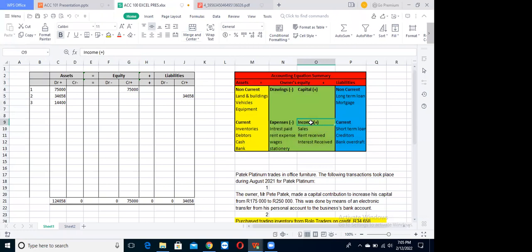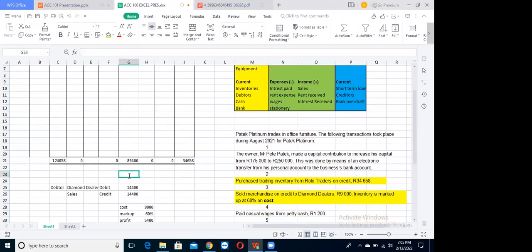Remember, we talked about income that time. So it's part of income. And what do sales do? They increase the owner's equity. So we go to the owner's equity, we find where the positive sign is, it's on the credit side. And then we put the amount that we are going to increase it by, which is